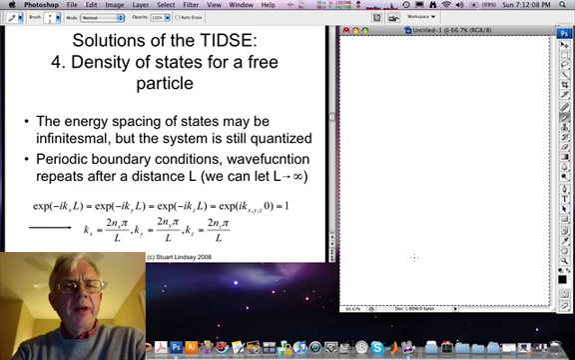Come to a very important result, which is the density of states for a free particle. We'll use it over and over again in the book. Often you'll see this result derived based on the results just obtained for a particle in a box, but clearly